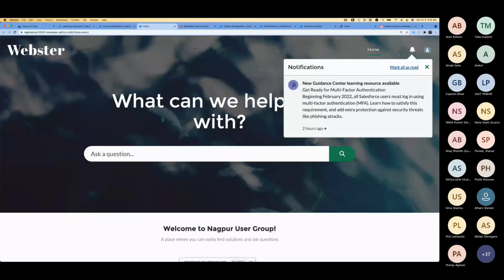So instead of using this standard feature, we can create our own LWC component, shape it like this and store the records in our own custom objects. It depends. But why would you do that? If you create an LWC, Salesforce already provides that functionality out of the box. So I would say it depends on use cases. You can definitely create your own custom one, but for this bell icon, Salesforce has already done it. You just have to configure it and create it.